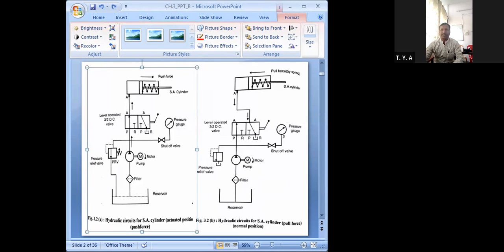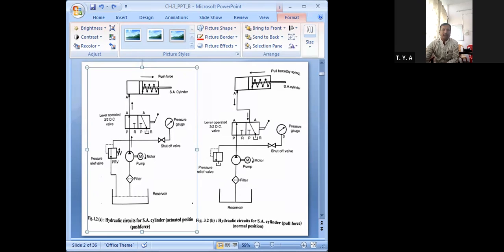Okay, so you can see fluid will come from this line. You can see it goes from this P to A. P stands for the pressure reservoir. Then it goes to the A working port. Then only fluid coming from the A port pushes this piston. So it is called the extraction or extension stroke.